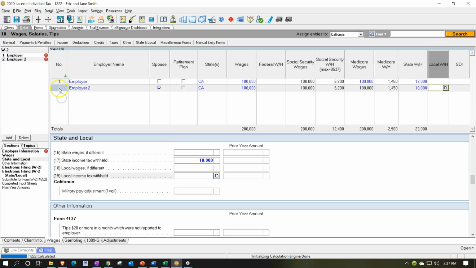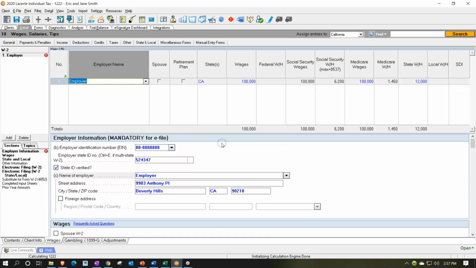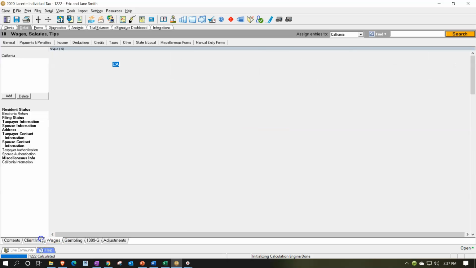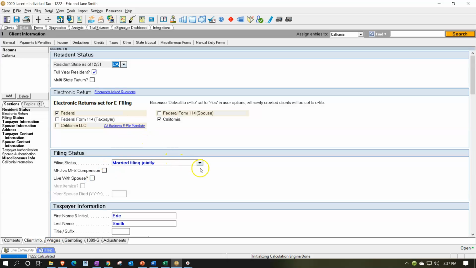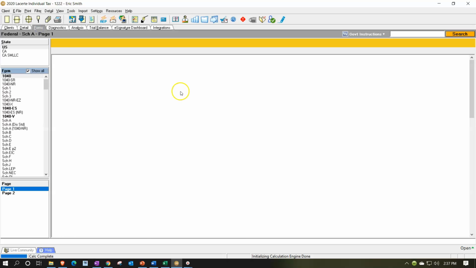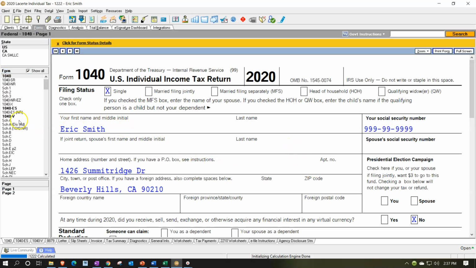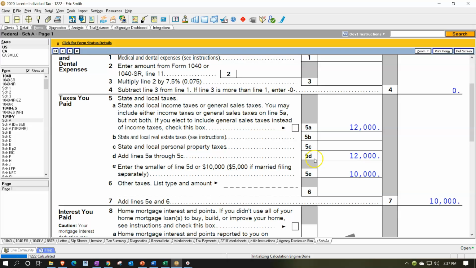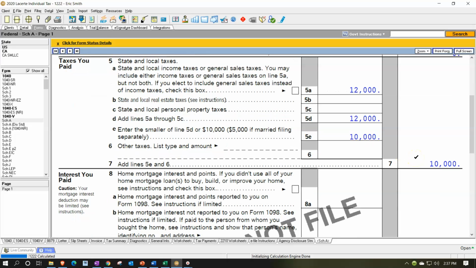Let's go back to single. I'm going to delete that. Say yes. Let's go back to single as our default position. So here is that, and I'm going to go back over, and it's still capped at that 10,000. Okay, so that alone can't push you over the threshold for the standard deduction, even if you're single, but it can be